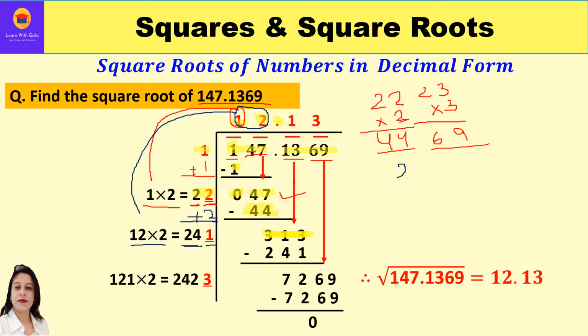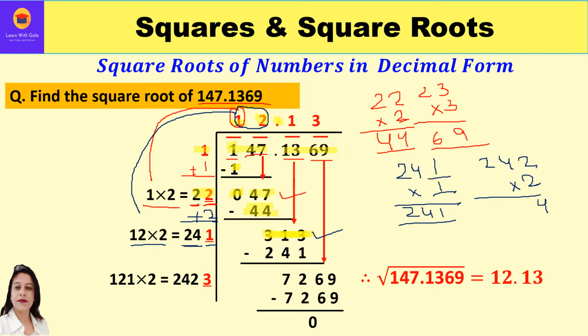Now our number is 24 with a blank. What should be multiplied over here so that we get a number which is equal to or less than 313? So let us start with 1, suppose, and I get 241, which is less than 313. I can also try with 2 and let me see what I will get. 2 into 2 is 4, 2 4s are 8, and 2 into 2 is 4. 484 I am getting, which will be more than 313. So I can put 1 over here.